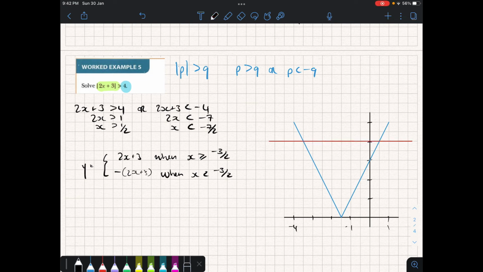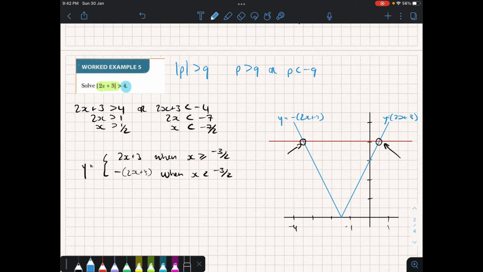And so we have solutions over here and over here. Now we got solutions of a half, which we can visually see here, and we got a solution of minus 7 over 2, which is just minus 3.5, which we can see here. Now we could go and prove these by writing in the correct equations. This is the graph of y equals minus 2x plus 3, and this is the graph of y equals 2x plus 3, and we want to know when these values